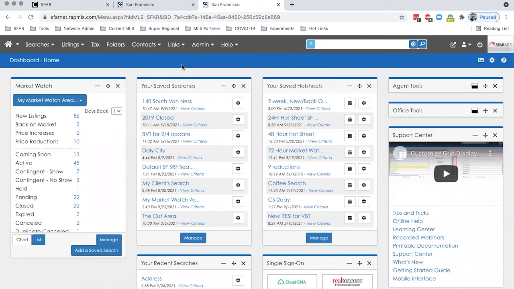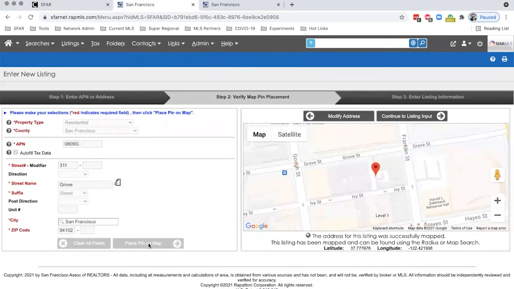That's an excellent question. The listing input form is definitely much longer than it used to be, but there is a trick that can allow you to quickly navigate it to get the core field set in, and it just takes a second. So looking at a brand new listing, we're going to go to the listing input editor, and